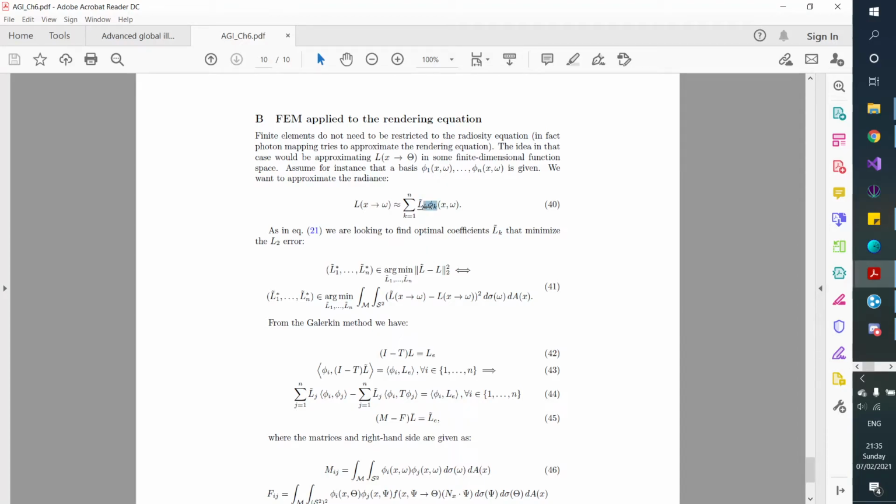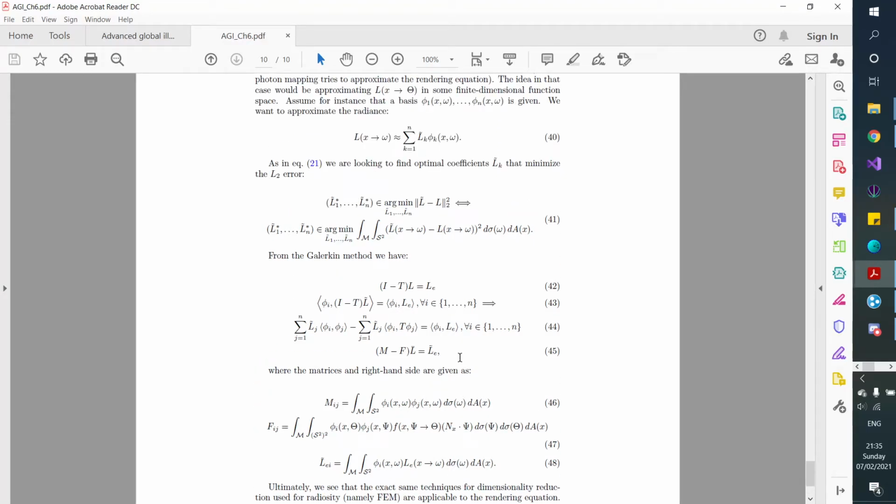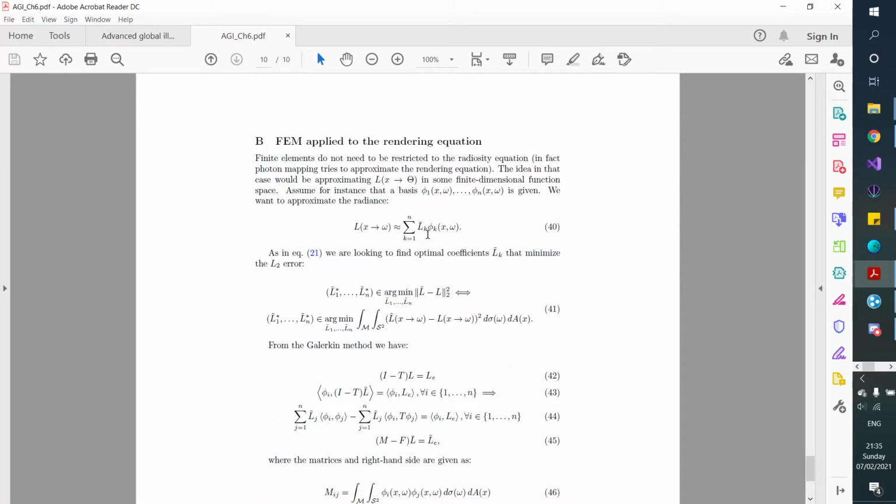These are your coefficients, and your basis functions are based on your discretization. So that's path guiding. Photon mapping, once again, you drop some photons on your scene, so these are your coefficients,